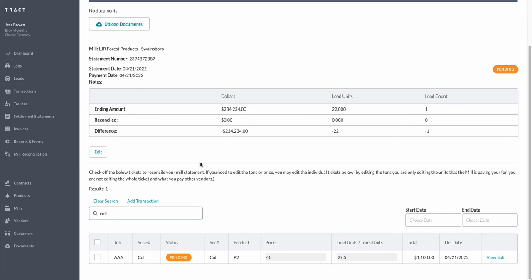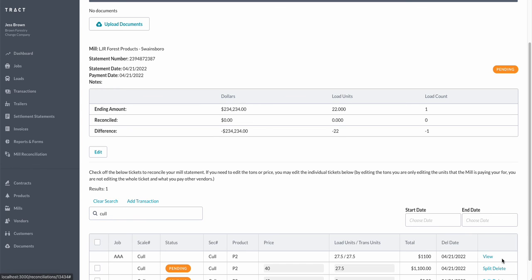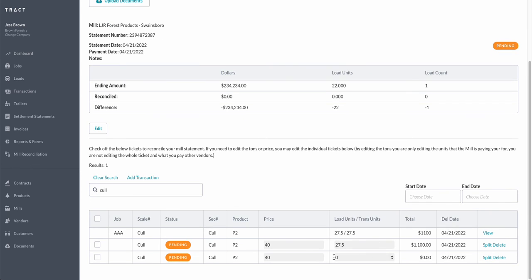Okay, and the ticket we were looking at was this ticket with this number Cull. And so there's our $40 at 27.5 tons. And basically this is the same thing we just did on the ticket, but we're doing it from the reconciliation page. So what we're going to do is we're going to say split. And what it does is kind of the same thing. It just duplicates that transaction. And then you need to tell it $20